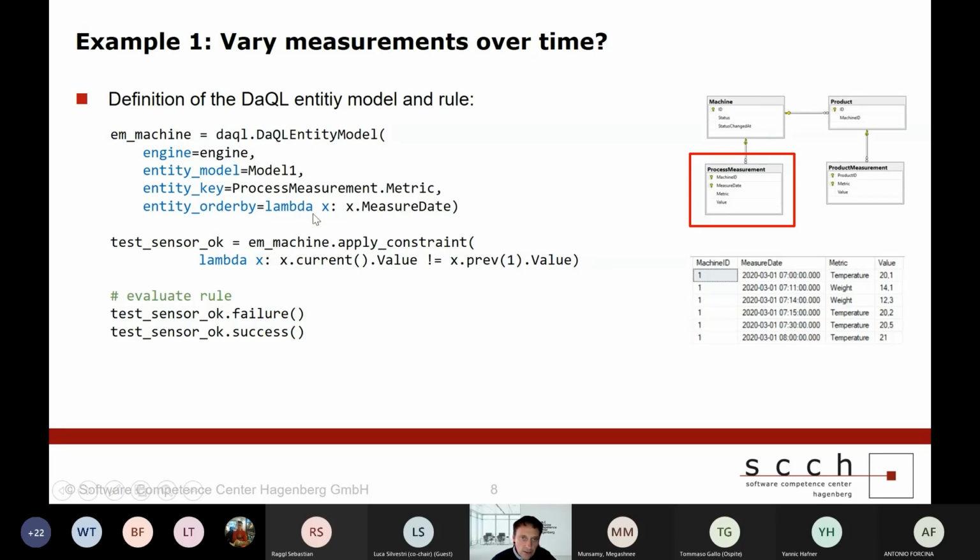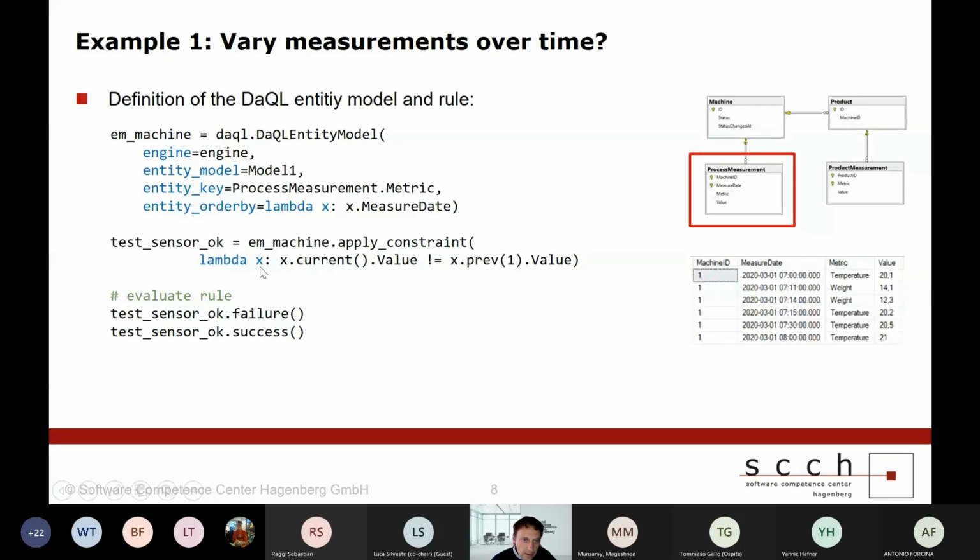Having done this definition of the entity model, I can apply arbitrary rules on this model. In our case, I just have this one rule and specify it by the apply constraint